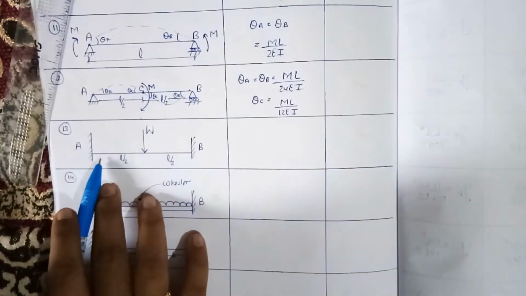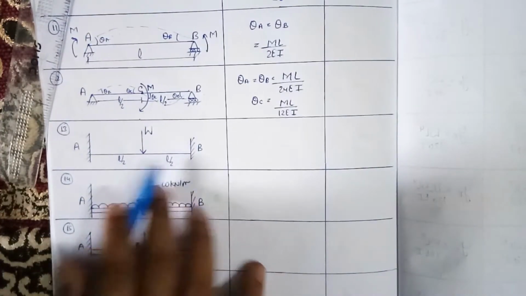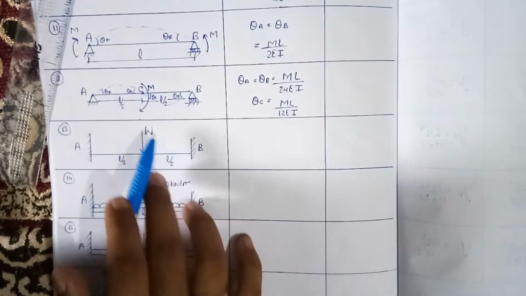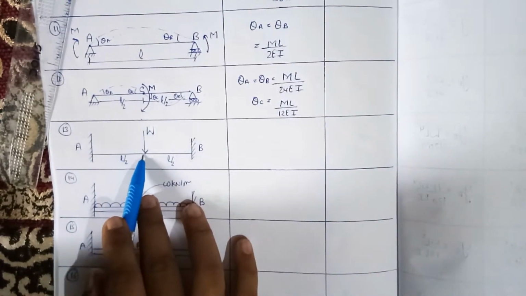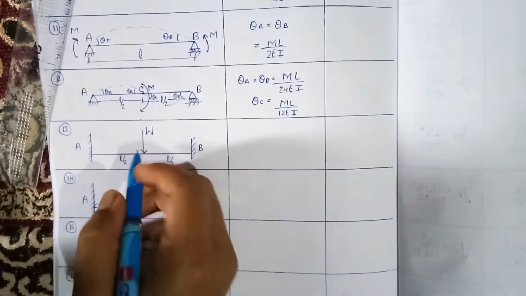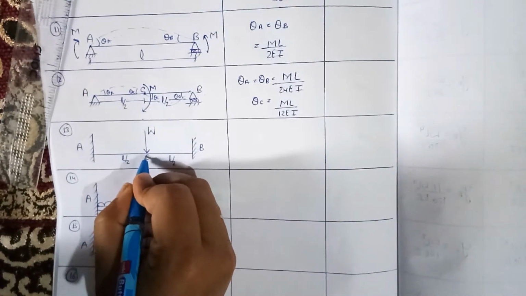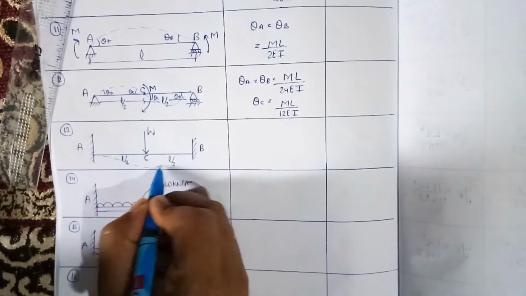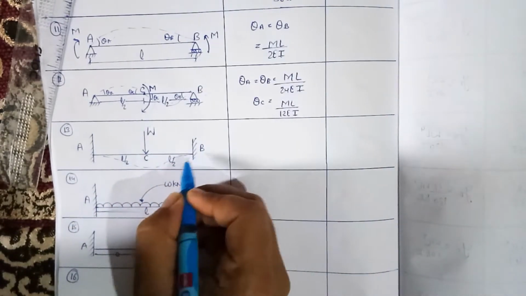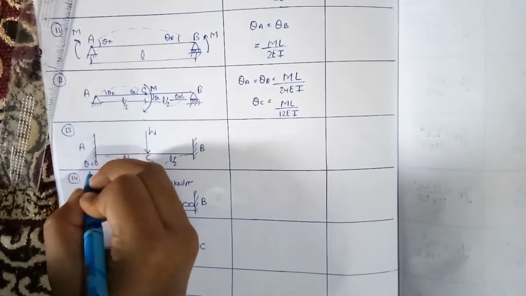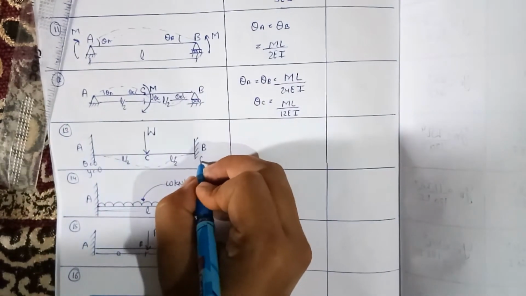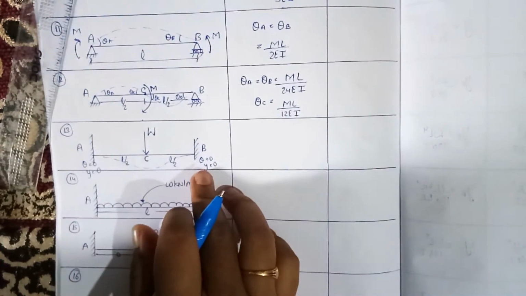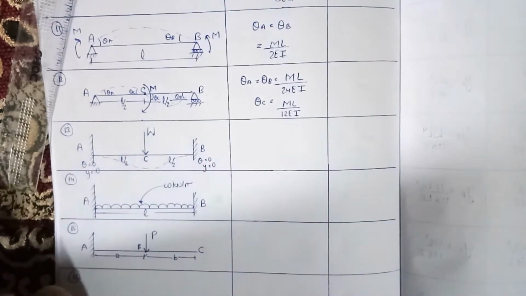Next we will see a fixed beam. Consider this is a fixed beam having fixity at the end A and the end B, and it is subjected to the concentrated load or point load W at the central point, let us say this point is C. So this beam will try to deflect itself in this manner. The value of theta here is 0, deflection here is 0. Similarly, the value of theta here is 0 and deflection here is 0. We have seen earlier that at the fixed joint the value of slope and deflection is 0.